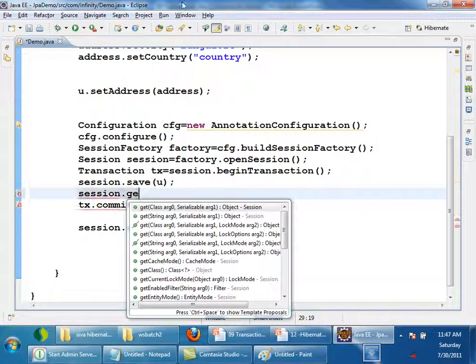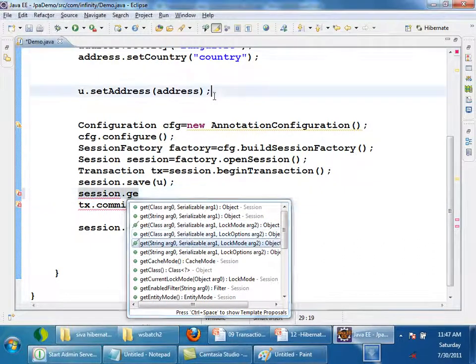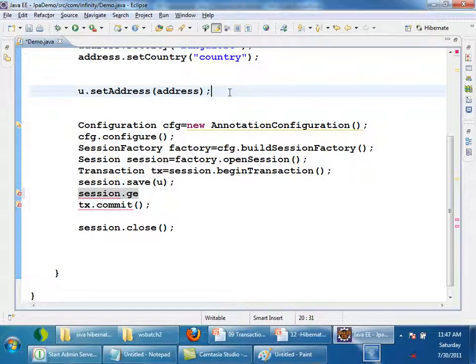There is a get method which takes a class and an ID, which we have been using. There is another get method which takes a lock mode also, right? So whenever I am getting an item, I can specify the lock mode also. I can say take a lock on that row and then get me the data, right? So this is using a pessimistic strategy.